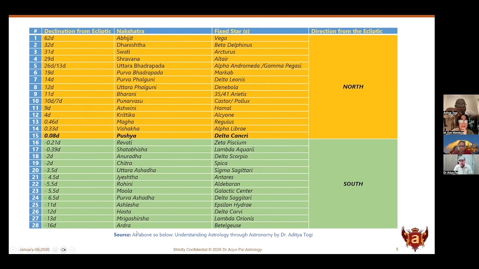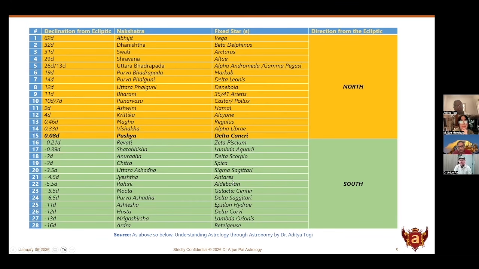Now, on the southern side of the ecliptic path of the sun, Ardra is the farthest away. That's why he is called an outcast, or Rudra is an outlaw. He's been outlawed, outcast. That's why they say Ardra means very different, because they are too far away from the original source of light that we believe. Pushya and Revati are very close. Shatabhisha is close. Anuradha is close. Vishaka, Magha. So Ashwini, Kritika, Magha, Vishaka, Pushya, they are very, very close to the ecliptic. That is why you will see a lot of associations with the Adityas coming when they are closer.